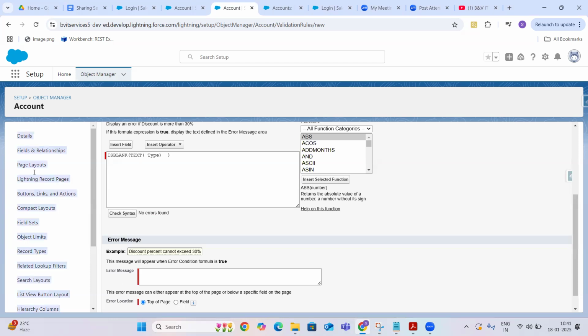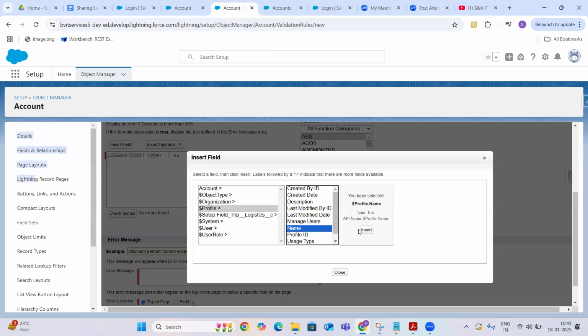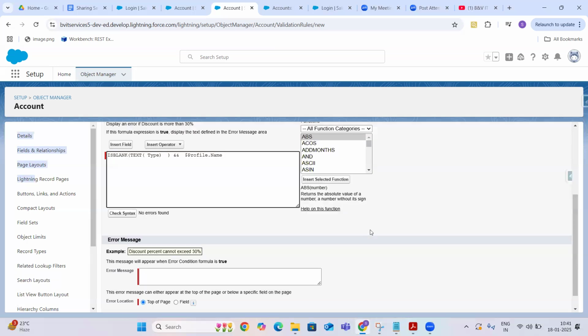Okay. Whenever this is blank condition is satisfied, and not only this condition, right? We have another criteria also, the profile criteria. So profile, and I'm going to select the name. Okay.